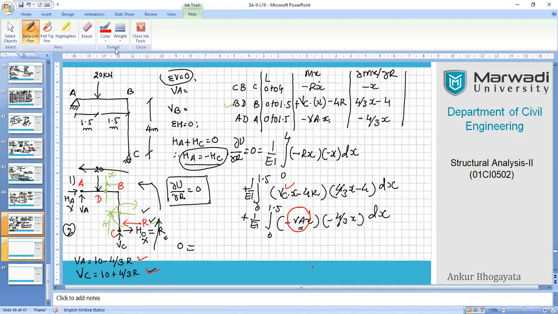So now I'm leaving it up to you, because now you are a grown-up kid in terms of integration and multiplication and replacement and use of the other values into the one equation and all this. So I'm leaving it up to you, and now you need to respond to me in terms of the R value directly. Okay. So after you expand this, you have to integrate it. That's it. So once you integrate it, you replace X with respective values like 4 meter, 1.5 meter, and again 1.5 meter. So that will give you the complete value of the R.